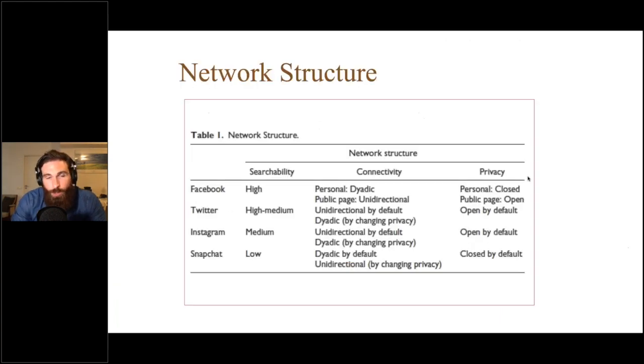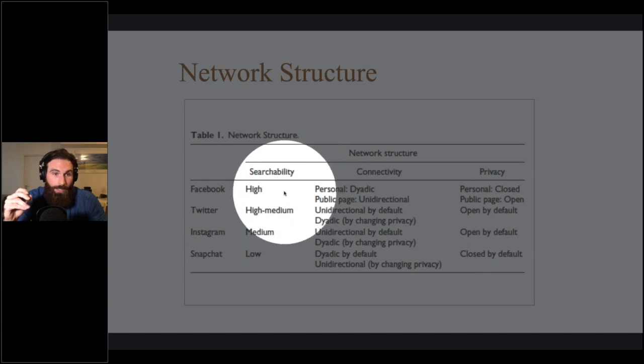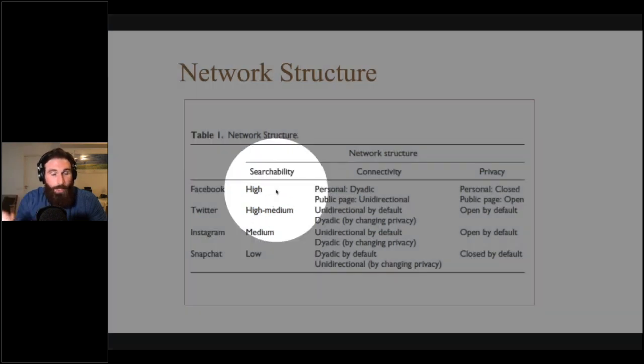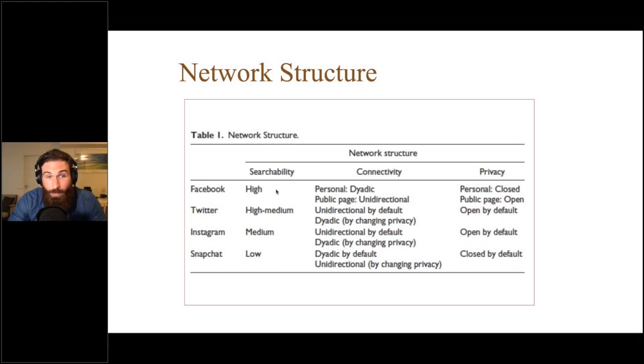So the first is network structure, and this is how connections between accounts are created and maintained. So what I do in the paper is I make these different maps that show, okay, if people are trying to find a political candidate online, then searchability becomes a factor. And how searchable are candidates compared across these 4 platforms? On Facebook, it's very easy to find a candidate. You just type in their name. On Twitter, it's easy but can be difficult because of all the parody accounts and bots. Whereas on Snapchat, at least in 2016, you had to know the exact username of that politician, and they didn't really follow any standard format.